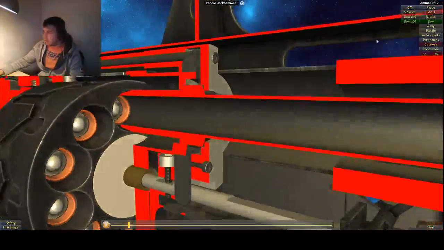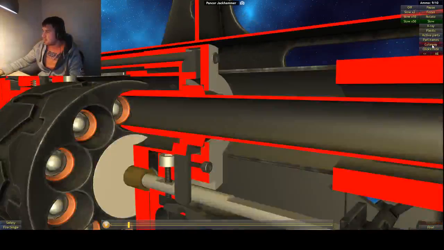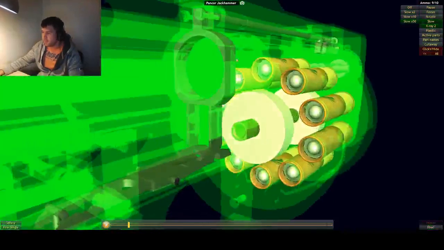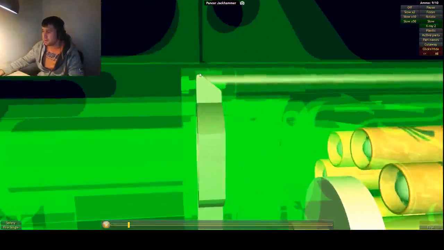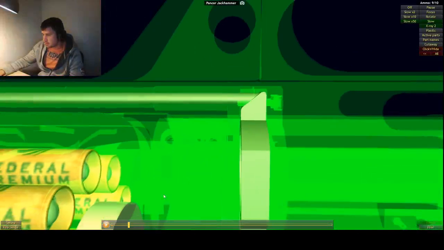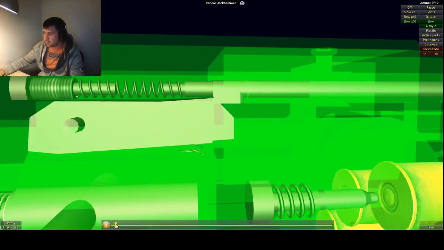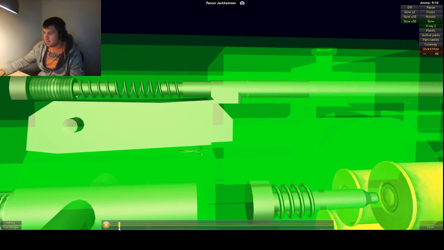This bar is here, maybe X-ray mode will explain. Yes, this is the bar. It rises, and as we have some sliced surfaces, it begins to affect this bar, and this bar begins to move and affect the sear,